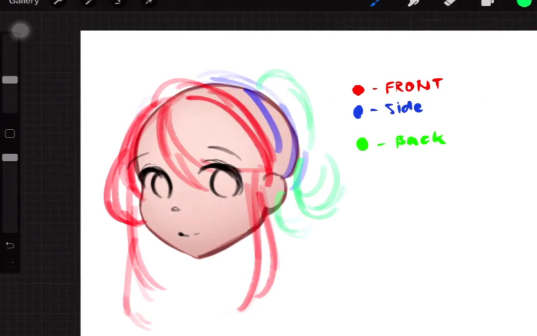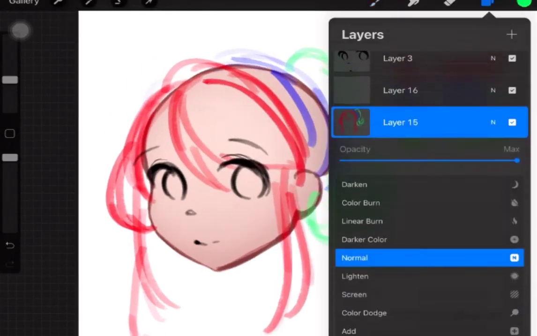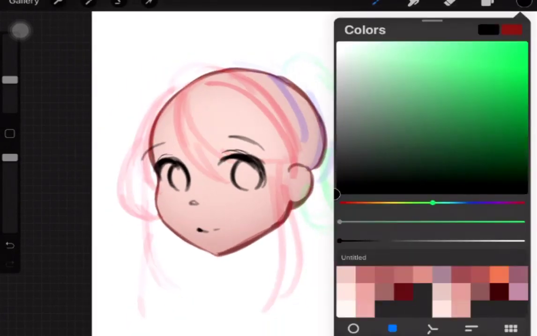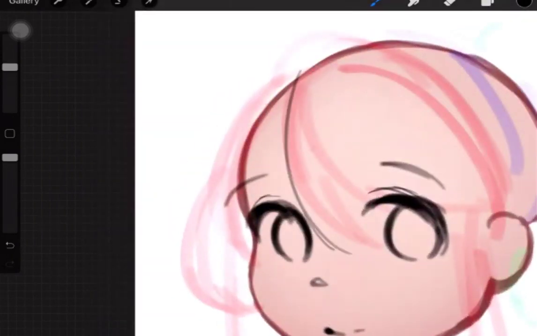So yeah, I usually outline that with green, mainly because it's the easiest thing for me to see and differentiate between blue and red. So after that, like I said, you can start lining. I'm not going to be putting a lot of effort into the line art because it's just a recap